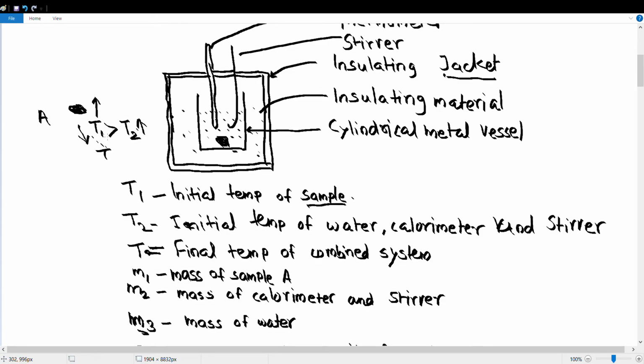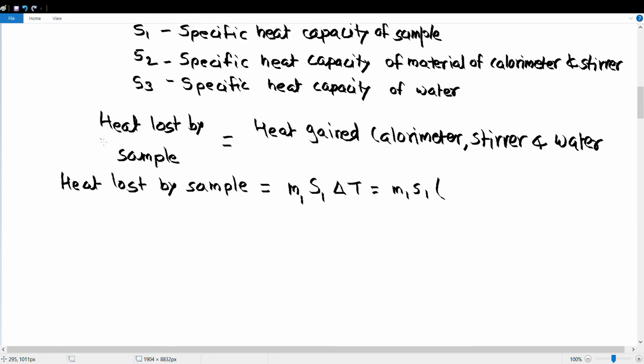So here this T1 is greater than T2, and this T1 is greater than this T, because this sample loses its temperature. This T1 is the initial temperature, and this T is the final temperature of that sample. So here the temperature difference is T1